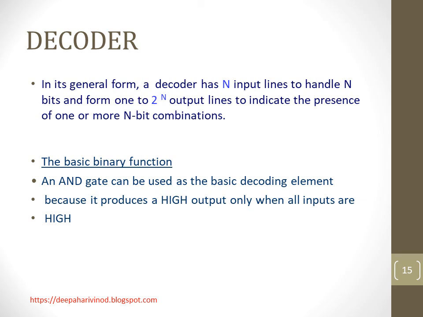The main difference between the mux and the decoder is that a mux functions completely as per the select lines. The complete working of the mux depends upon the select lines, whereas in a decoder we don't have any select lines. Its working mainly depends upon the enable. If the enable pin is high, then the decoder functions, whereas in a mux we don't have an enable, instead we have the select lines. So in the case of a mux, depending upon the select lines, we explain the working of the mux.